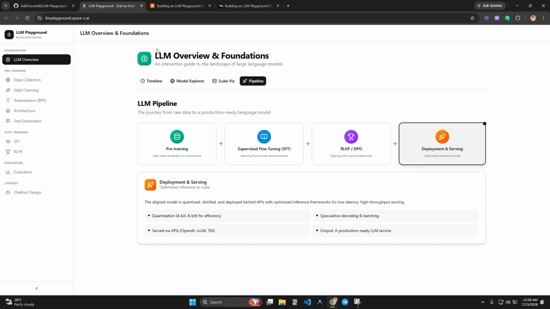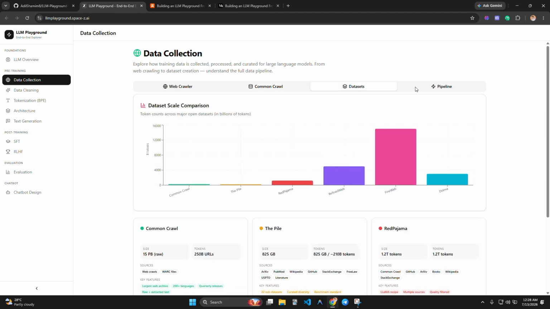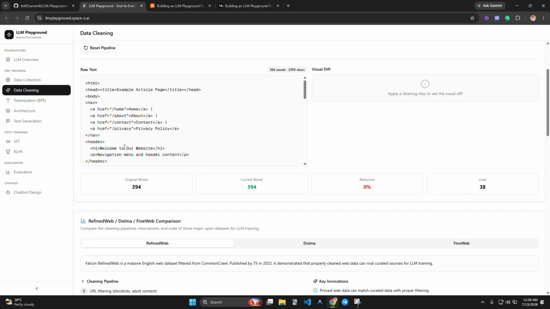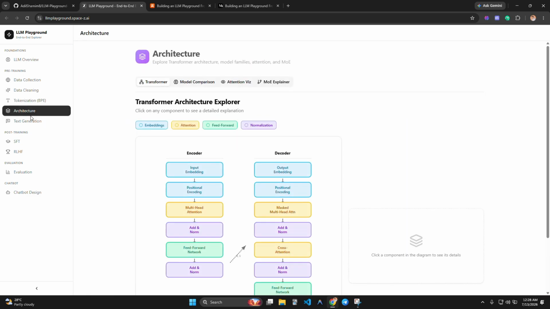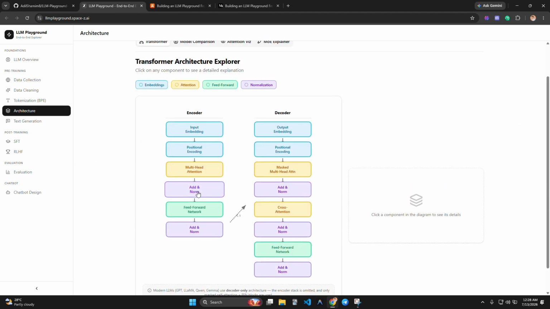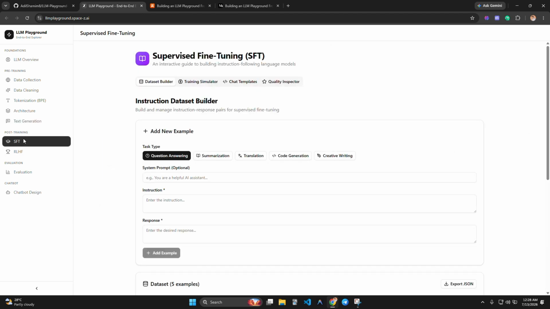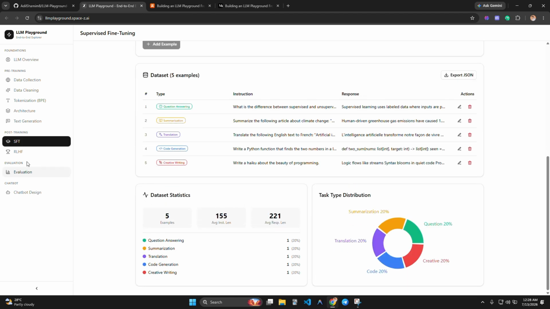This is the LLM overview and fundamentals and foundation, and the data collection. How an LLM is trained: first collect the data set. Okay. And that's data cleaning, then tokenization, then architecture. This is attention, the "Attention Is All You Need" paper. And this is text generation, SFT, the supervised fine tuning. Then